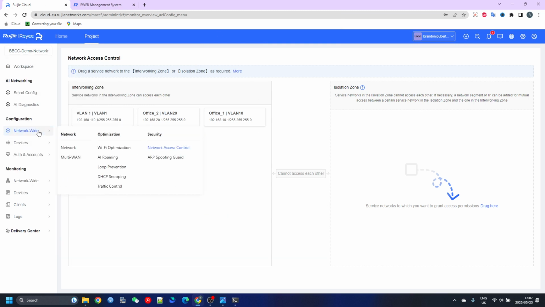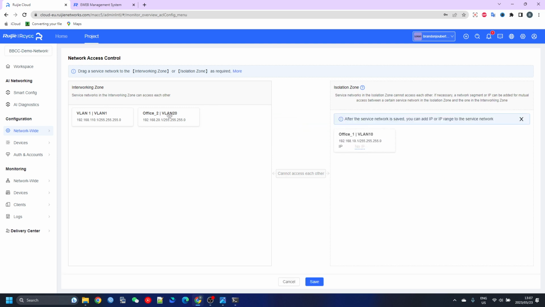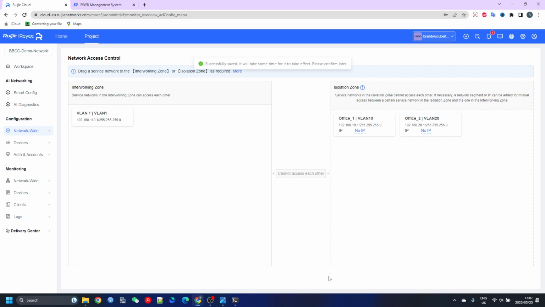Under network wide, you need to select network access control, right? Once you've selected network access control, you are greeted with this interface. In this interface, you have to move the ranges that are not allowed to communicate with each other to the isolated zones. So if you move it to the isolation zone, you'll be able to see that they cannot communicate with each other anymore. So if I say save,